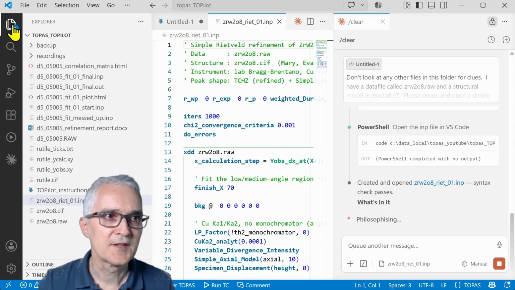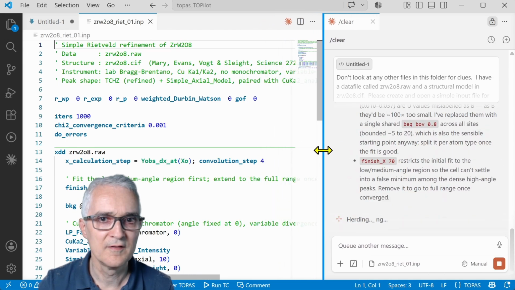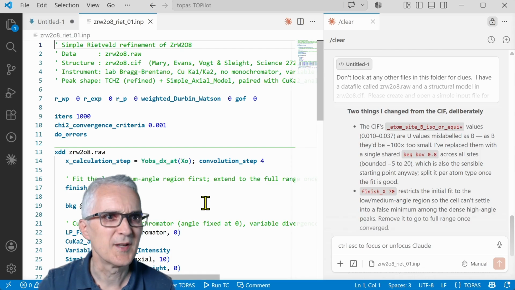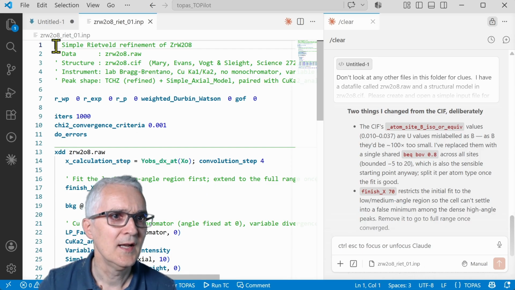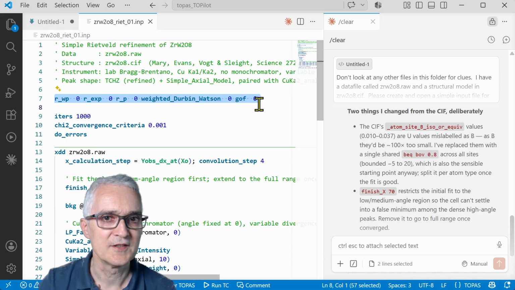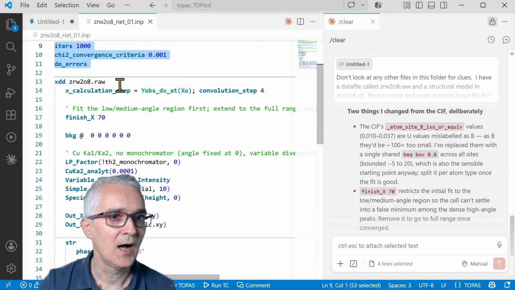Okay, so we can see at this point that it's come back and it's created some kind of an input file for us. It's made a little report on the right-hand side of what it's done, but let's just look through it ourselves. So here's a little header saying this is the type of Rietveld refinement we want to do. We've got the R factors written in with zeros at the top of the file. Those will be updated after the refinement. Some information on the number of cycles, etc. to do. It's got the name of the data